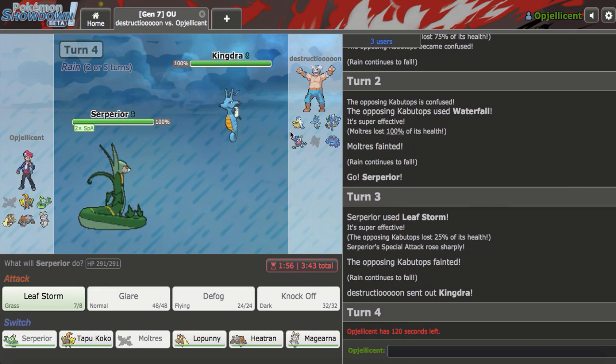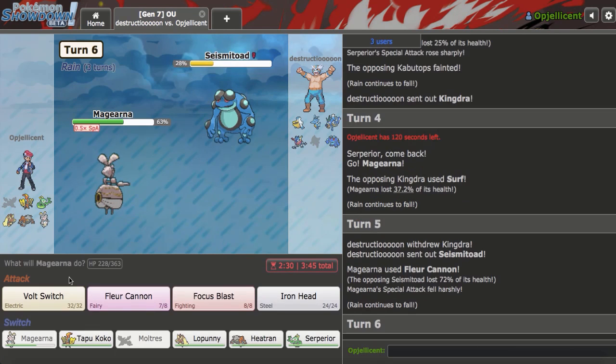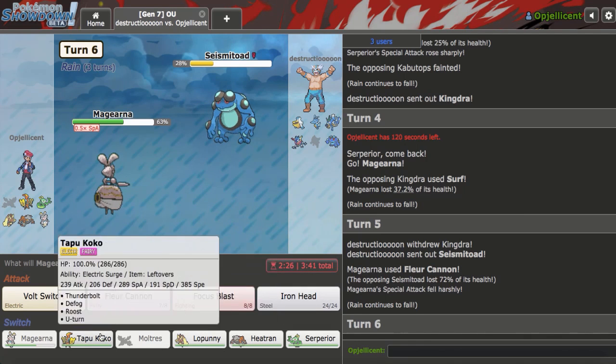I'm not risking it. I want to stay out of range of Shuriken if at all possible. So I'm going to go out here into my Mag. Really good Surf play by my opponent right there. I'm just going to click Flare Cannon here as Toad comes in and takes a lot. I want to keep this healthy for Gren. So I'll just go